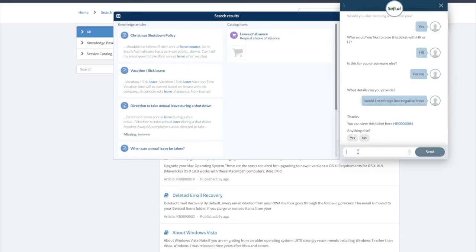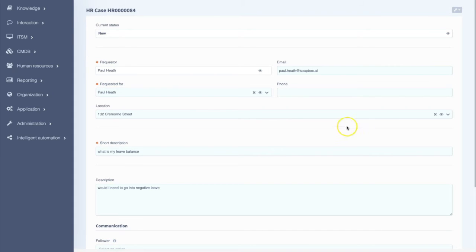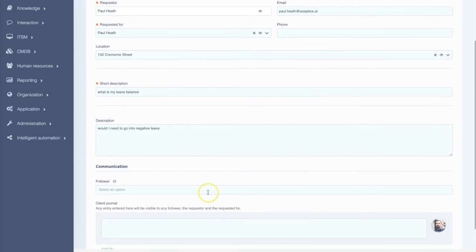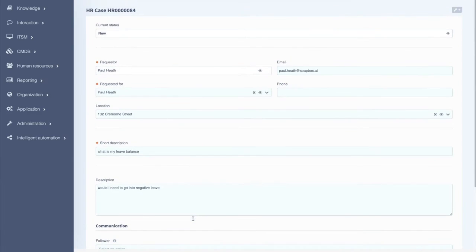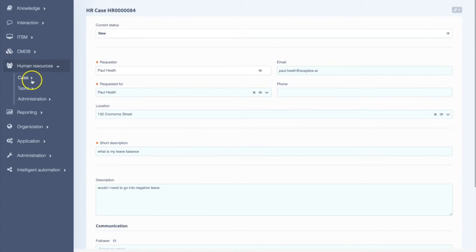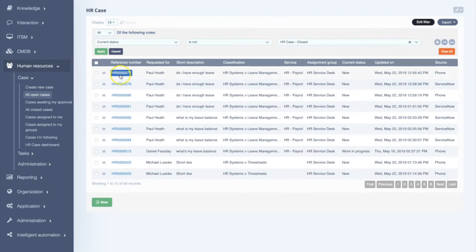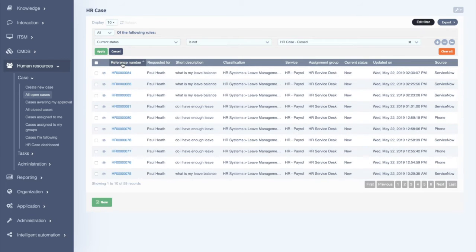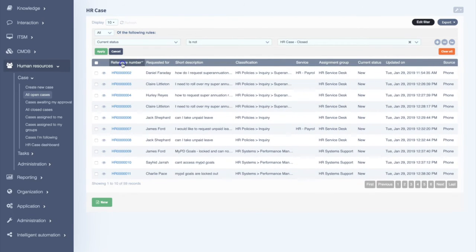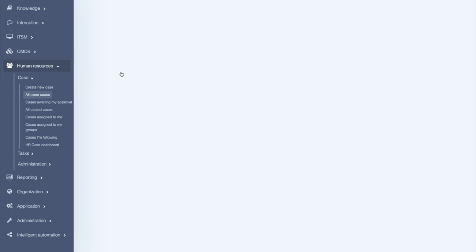Sofi is now working to go and raise a ticket in Soapbox, in this case an HR case. We can click on that link to take us into Soapbox to see that record. Here's a self-service view of that record where I can continue to update and communicate with the HR service desk. I'm also logged in as the administrator, so I've got options down the left-hand side, and I want to go into that just to show you what an HR service agent would see. Let's have a look at these records. There's that one we just created,